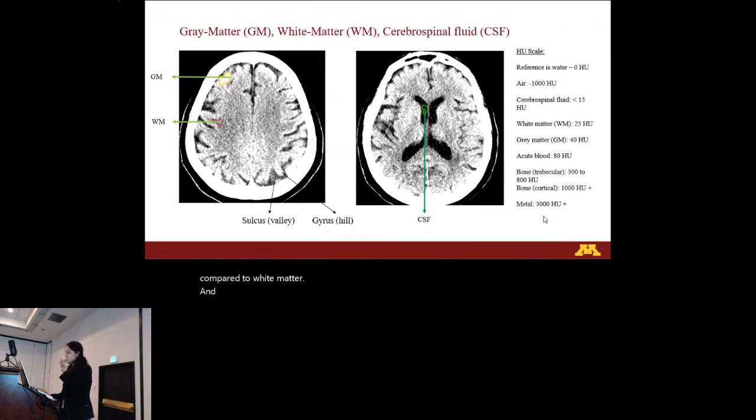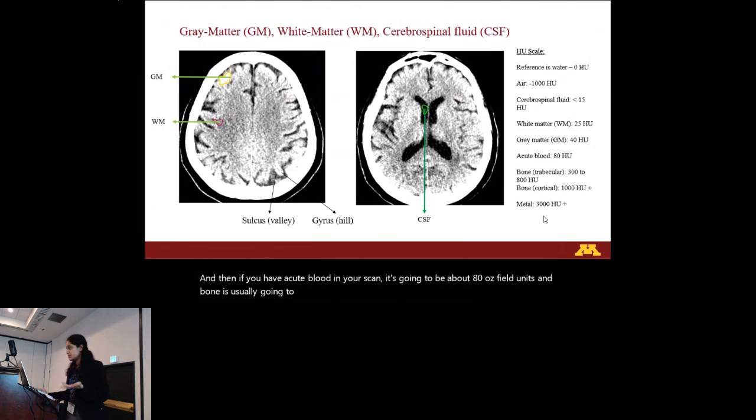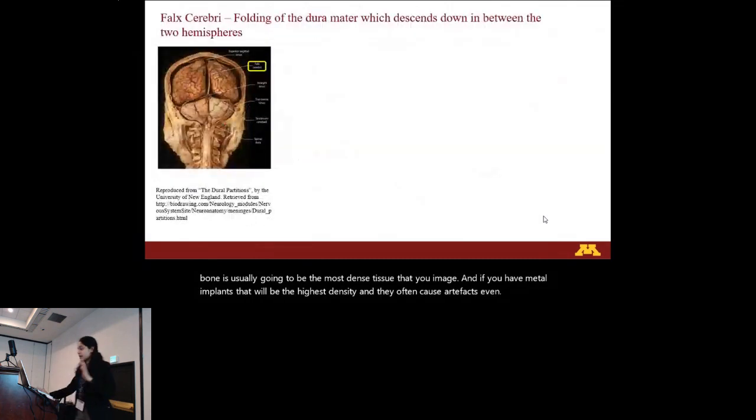And then if you have acute blood in your scan, it's going to be about 80 Hounsfield units. And bone is usually going to be the most dense tissue that you'll image. And if you have metal implants, that'll be the highest density, and they often cause artifacts even. Okay, so now I'm going to take us through an anatomical tour on CT, and we're going to go in